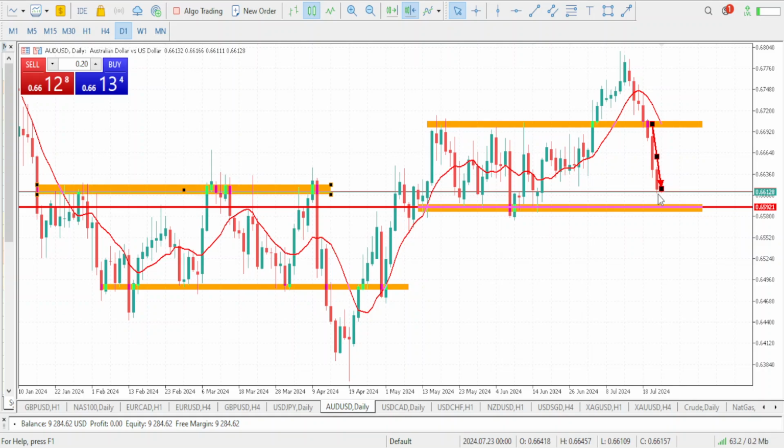So exactly what we predicted is what the market has done. With what I'm seeing, I'm still seeing that drop again. Like I said, I'm expecting that drop to a level of 0.65921. I repeat again, to a level of 0.65921. Once the market taps that level, I'm going to give you guys an update. Is there a possibility of the market breaking it? Absolutely yes. There's a higher probability that the market is going to break this low,